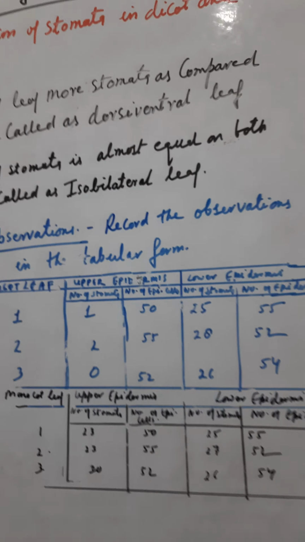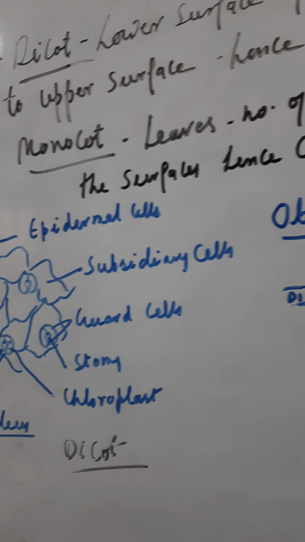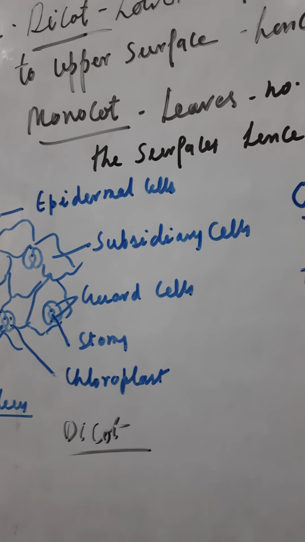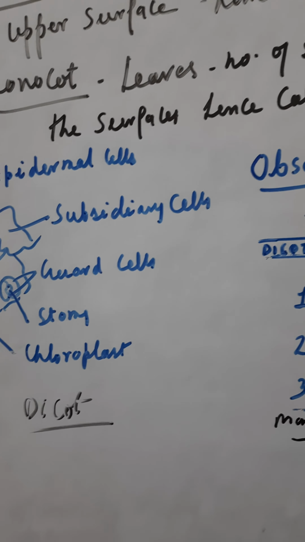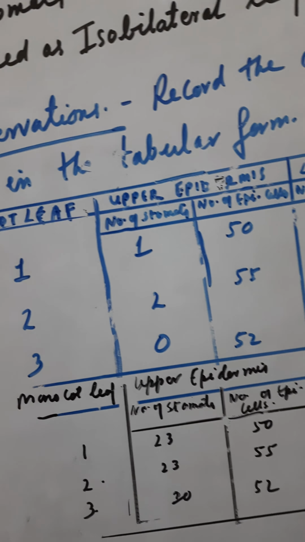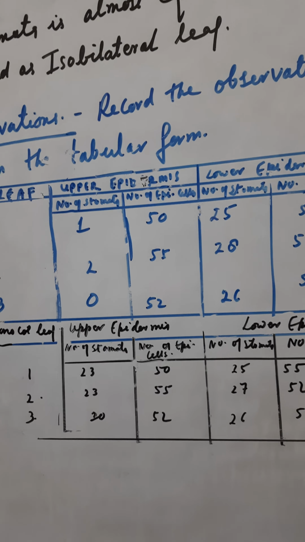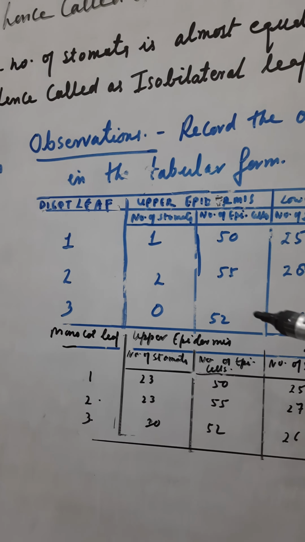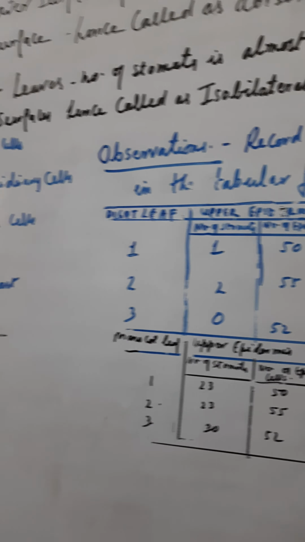So here this simple biochemical physiological experiment was related to plant anatomy. In that you will be told how to cut the section of the leaf, and in that way you will be finding out the number of stomata present. More or less this arrangement is there, but everybody cannot find the same reading, no. So it may be changed. All together you are not going to write the same reading. So this is almost the same. It's a tentative guess that these many stomata can be present over here. So here this is the conclusion.